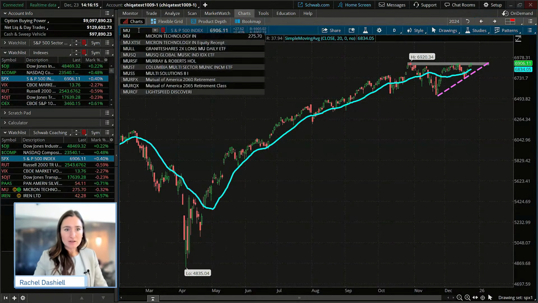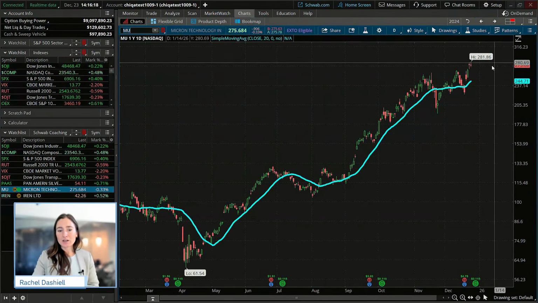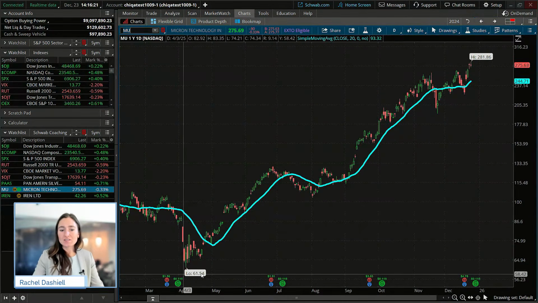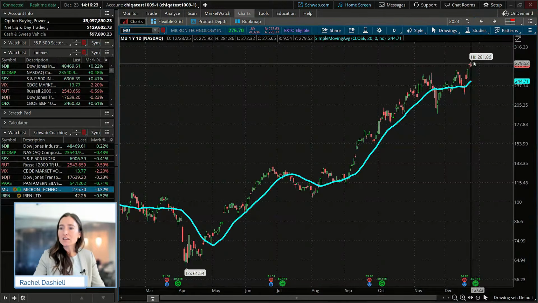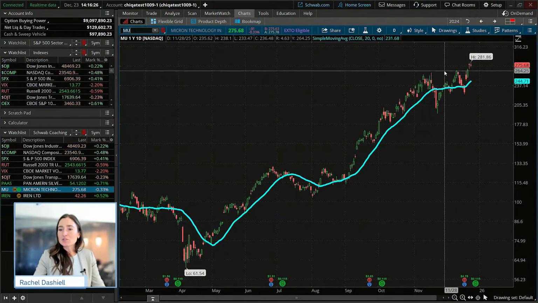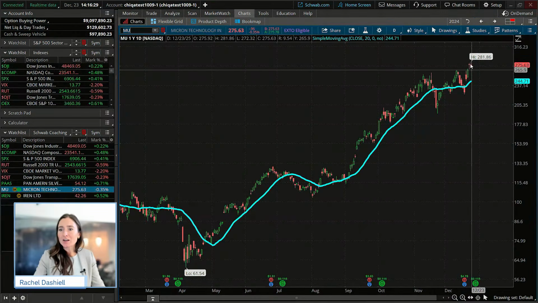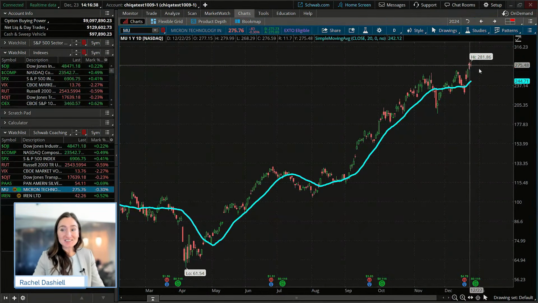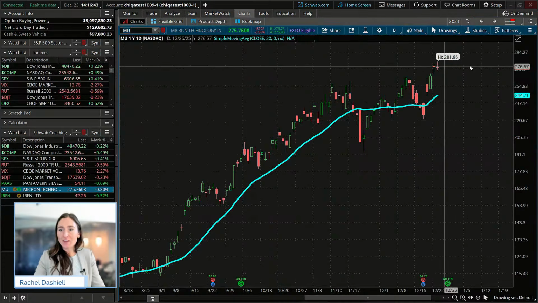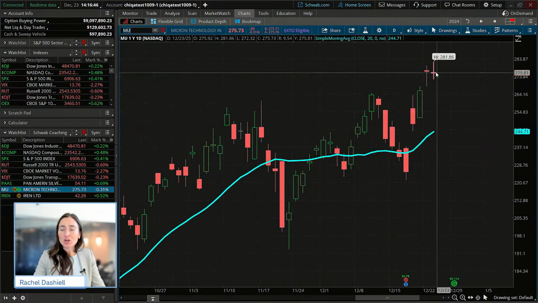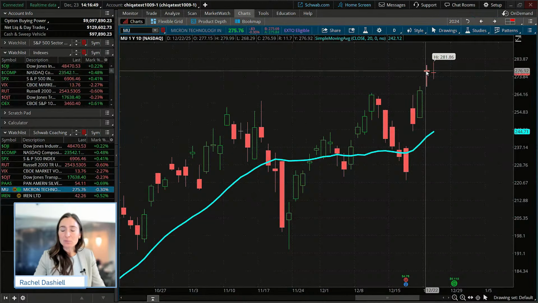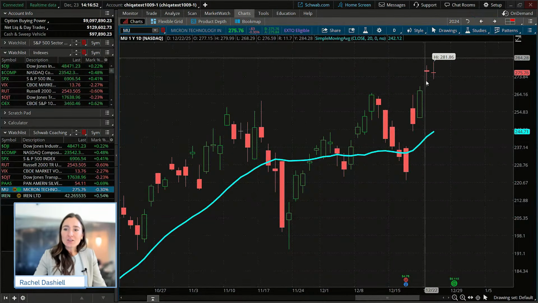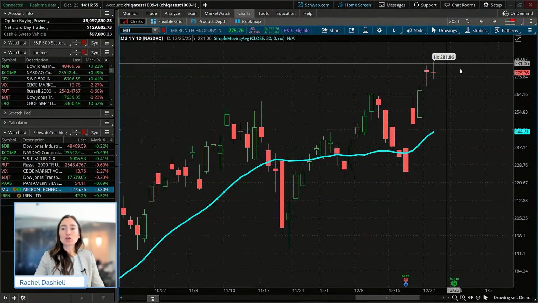I'm going to look at Micron. Micron has been in a strong uptrend for pretty much all this year. Just look at the gain from lows to highs in this case. We had this recent break of an almost ascending triangle pattern. And just today, in the last trading day, we're seeing two possible pause or possible reversal candlesticks taking place right around this level, with those doji candles, where the price of the open and the close is almost identical at that same level. So this could tell us that this is a possible place where we may see a little bit of reversal.